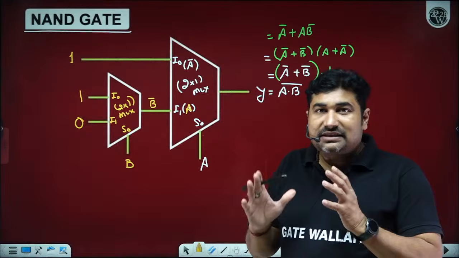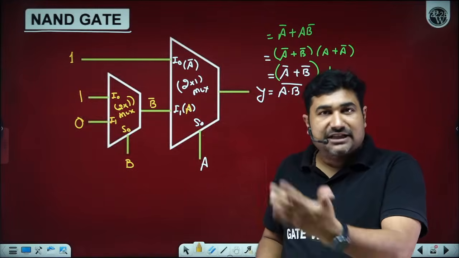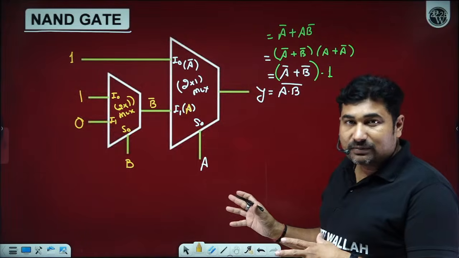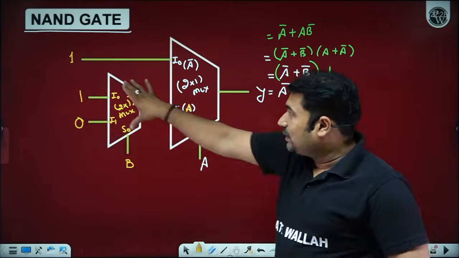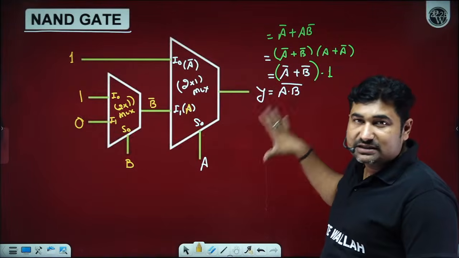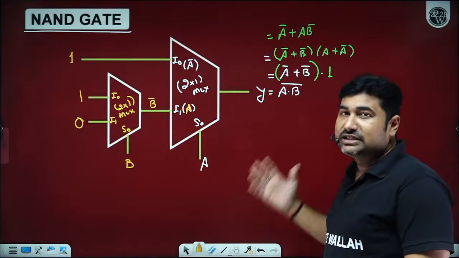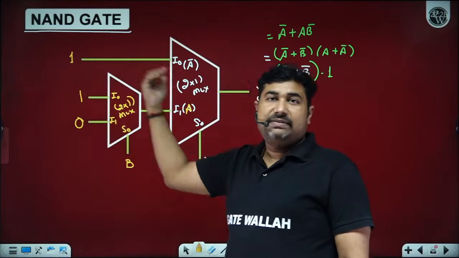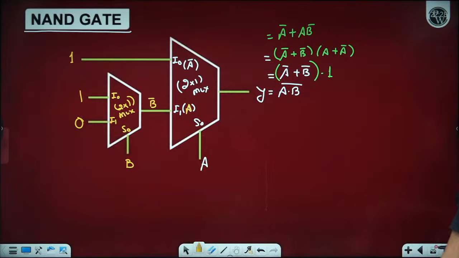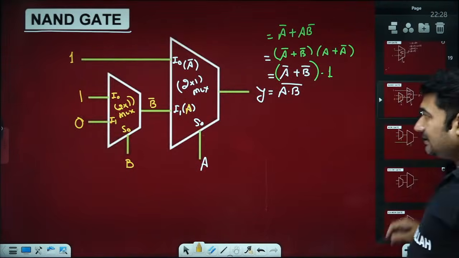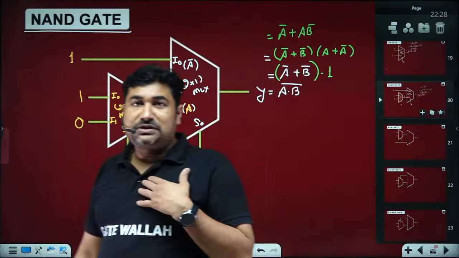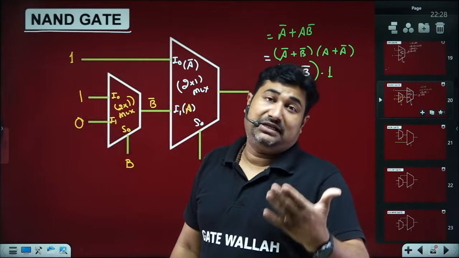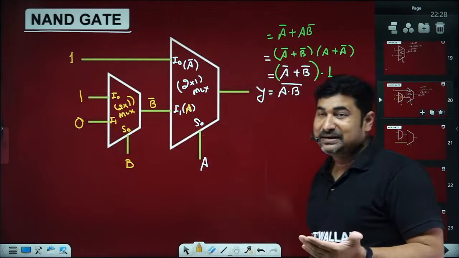Yes, sir. So we want the things to be as compact as possible and as fast as possible. Here we can see the logic gates are also increasing. Almost 6 logic gates are needed: 2 AND gate, 1 OR gate, 2 AND gate, 1 OR gate. 6 logic gates are needed and 4 levels of logic gate delays. So this is not recommendable for designing the NAND gate by using 2 cross 1 size mux. Is it okay? Yes, sir. Actually, I just wanted you to think what is the way we are choosing the optimum size for the multiplexer. Is it okay? Yes, sir.